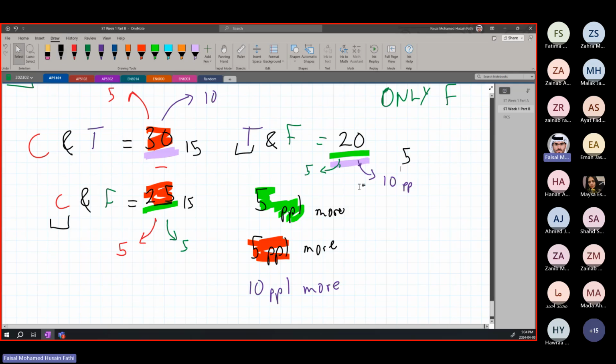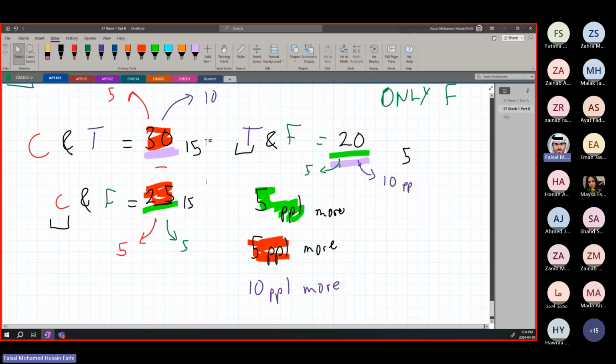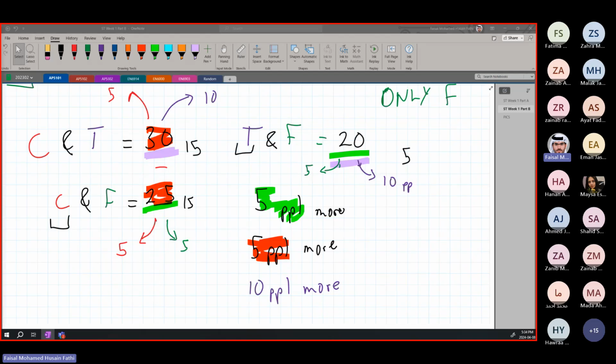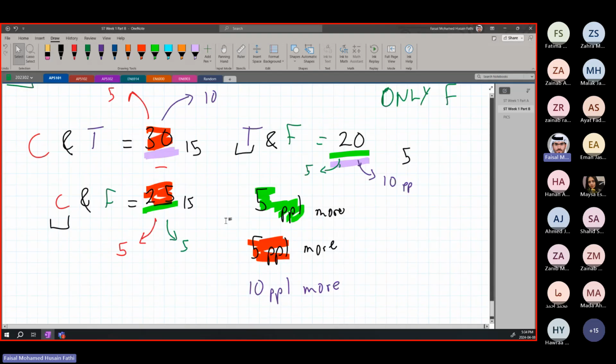So what does this mean? Actually, we did not have to remove from the last one. We only had to remove from one of these the number of people that are being removed. Why? Because we are going to consider that the number of people that are liking all the other sports together. This is the common number that like all the sports together, which is 15.